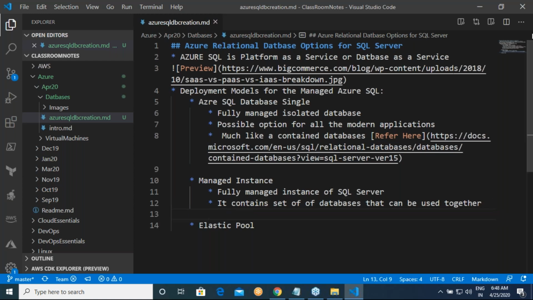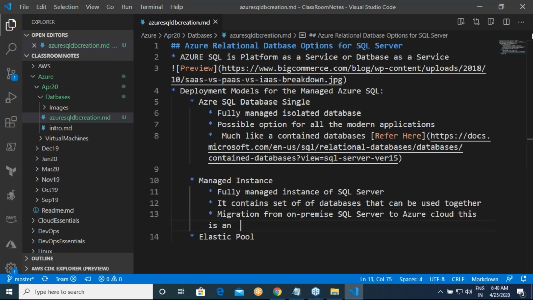So generally, when we migrate from on-premise SQL Server to the Azure cloud, this is an easier option.